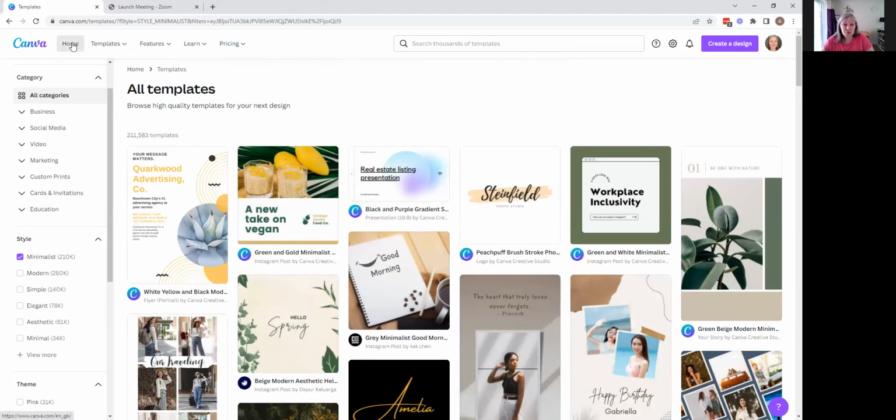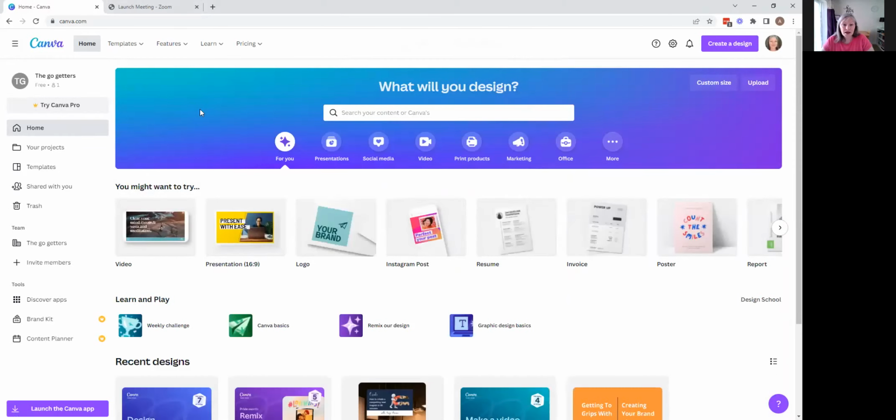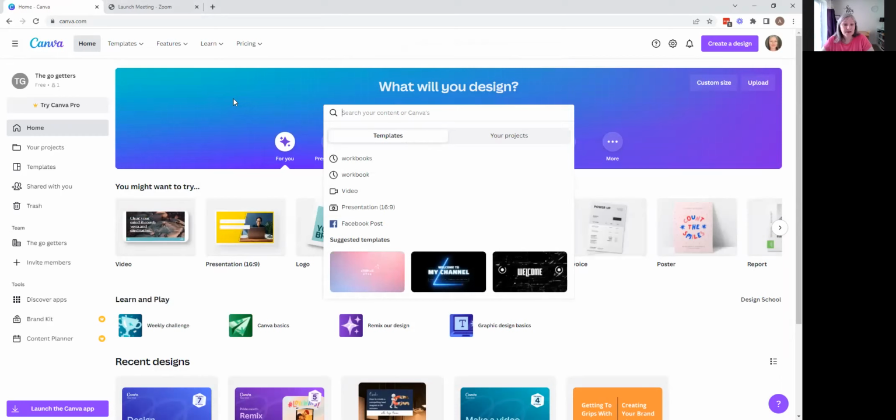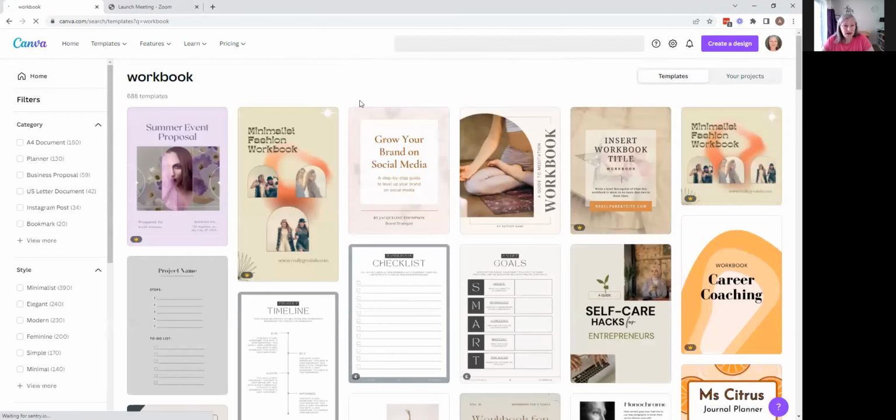Now, if we go back to the home page, you can see there's a few options that have come up here as well under the blue area, and you can search. So if you're looking for something in particular, I've searched for workbooks before, so let's have a look at those. Click on workbooks, see what happens, and you'll see lots of different options come up. So these are the workbooks,